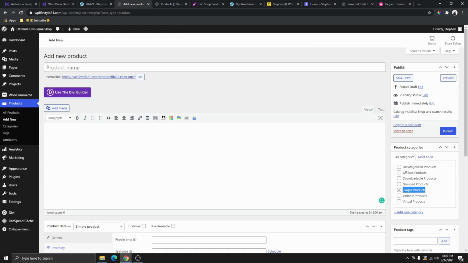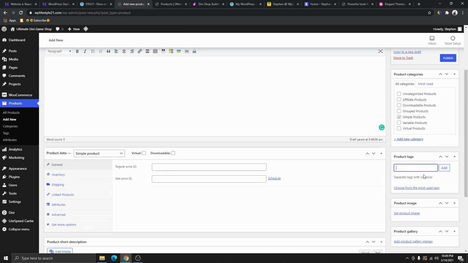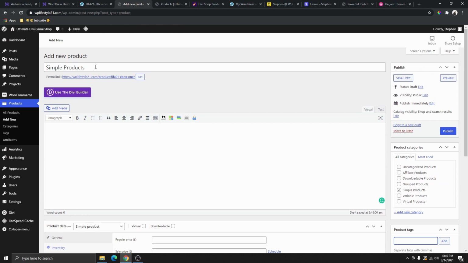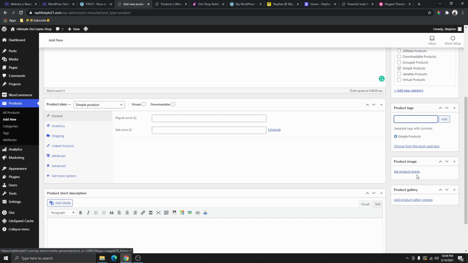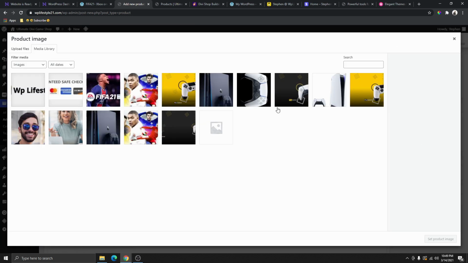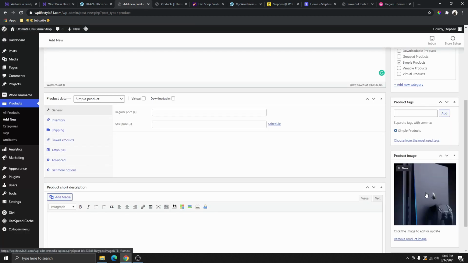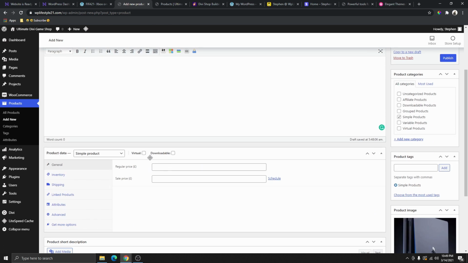So I'm going to grade a simple product, and then I'm going to paste that simple product here, and then I'm going to select the category here, simple product. And then here under the tag, you want to put the tag which is going to be the name of the product, so that when someone search for that particular product on Google, they will be able to find your product. So here I'm going to add simple product, and then here you are going to set a product image right here, and you're going to set a product image for that simple product. So let me assume that my simple product is just this product. So this is the simple product that we have here,